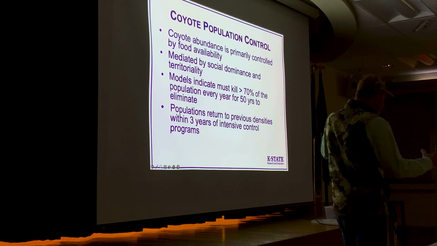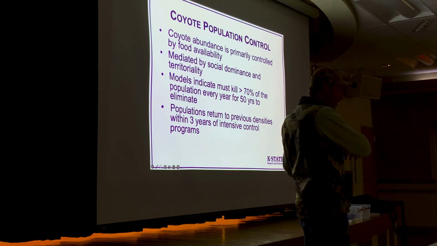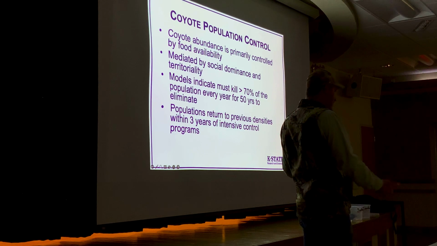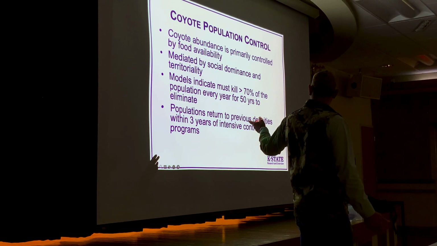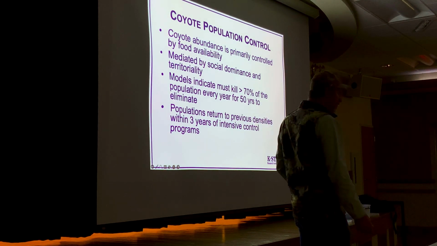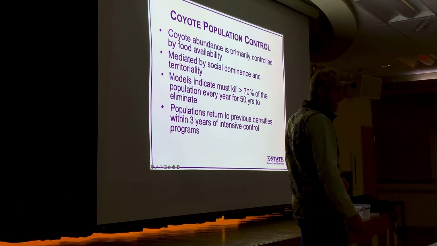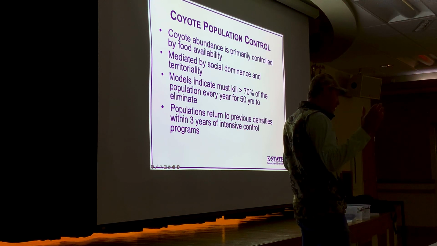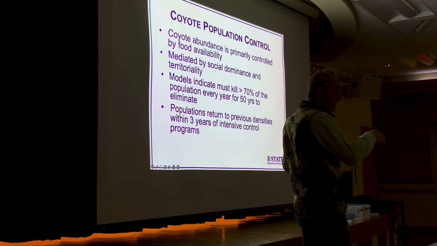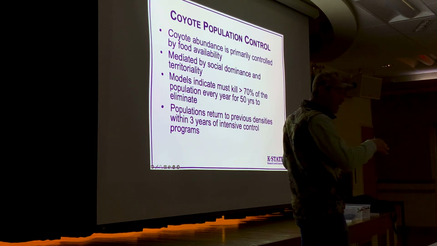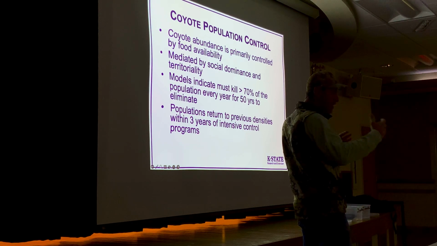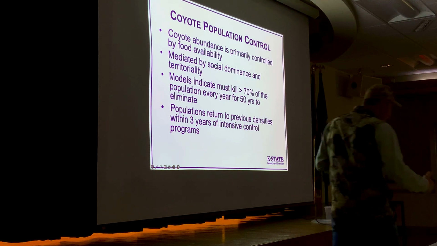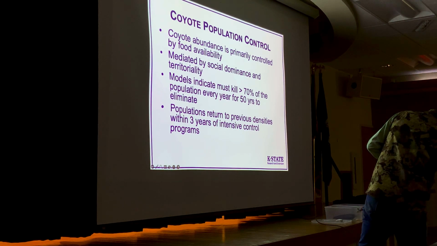That's about the same numbers that we get for feral hogs. And because of that dynamic between food availability and abundance, which can result in increased litter sizes and females that don't normally breed breeding after a big predator control program, they typically return to previous densities within 3 years. And by that I mean when USDA goes into our western sheep raising rangelands and tries to wipe out counties' worth of coyotes, right? We're using sodium cyanide, we're using aerial gunning, and we're killing a whole bunch of coyotes. Within 3 years, they've rebounded. So it's much better to try and target the problem coyotes.